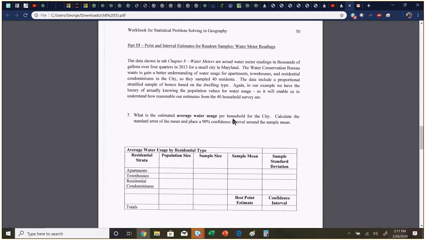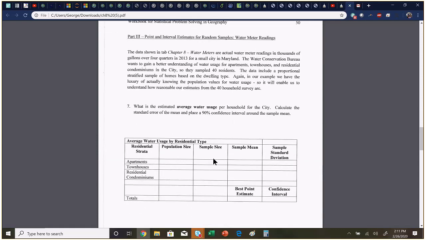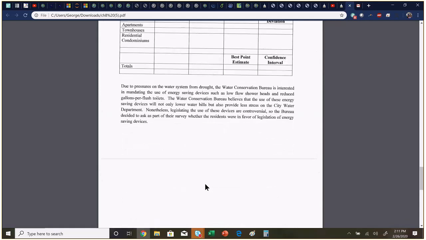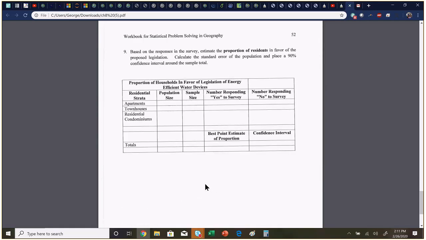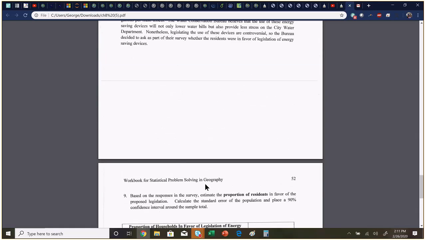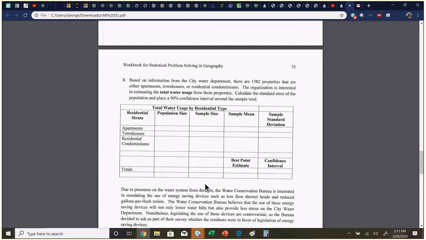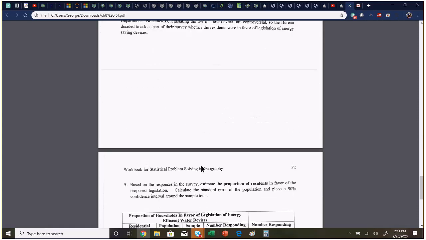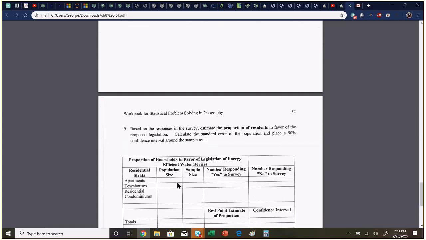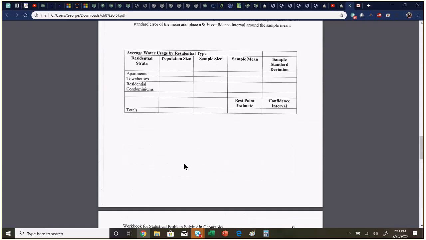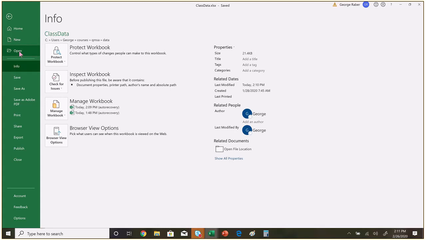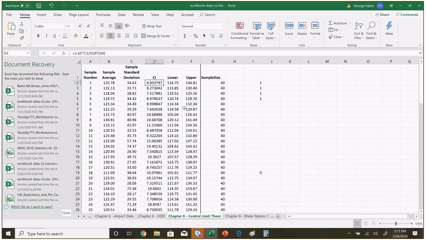All right, so here in each of these three, we're going to utilize the formulas in 8.5 to answer each of these three questions. Okay, 1, 2, 3. Average, total, and then proportion. Proportion doesn't have anything to do with water, but the other two do have questions with the water. So what I'm going to do this question is I'm going to open up the homework example as well,